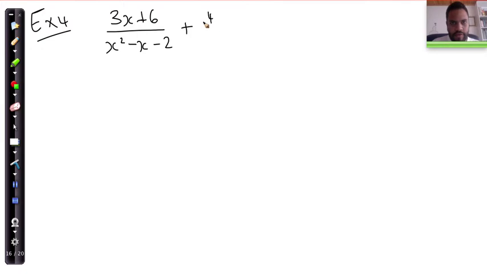Example number 4. (3x + 6)/(x² − x − 2) + 4/(2 − x) = −4/(x² + 4x + 3). Now, this is a particular example that we are looking at because when we are dealing